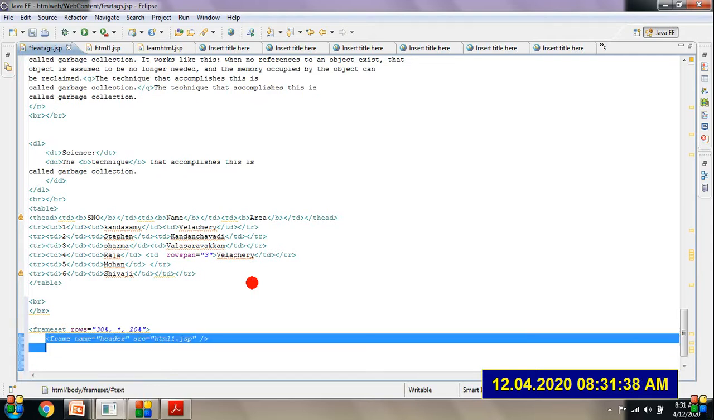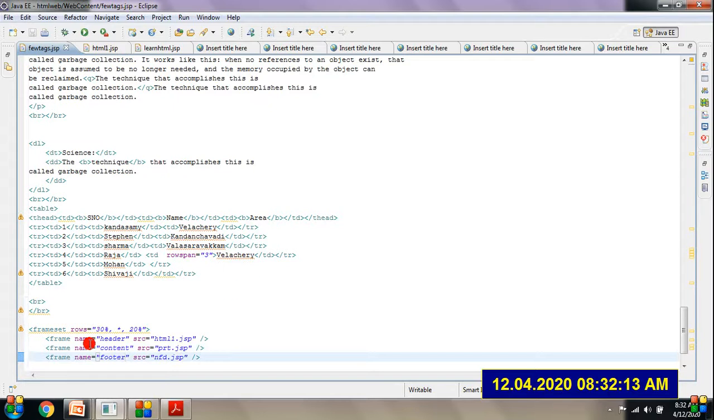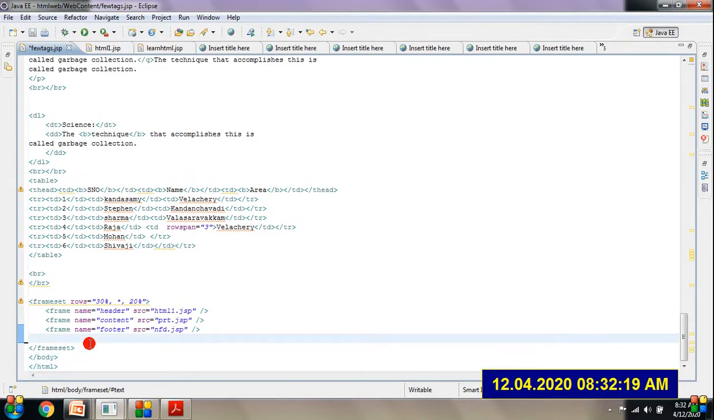Similarly, I just copy and add a few. You need to change the other content. Here I give some other web page, that is part.jsp, and something nfd.jsp. Here the content, footer. So what I have done, frameset is used to create a frame where you can have